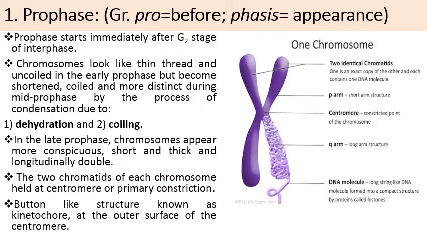Then if we talk about the chromosome, the chromosome consists of two identical arms which are known as chromatids. इन्हें क्रोमेटिड्स कहते हैं और सेंटर में ये जुड़े होते हैं एक डिस्क लाइक स्ट्रक्चर से जिसे बोलते हैं सेंट्रोमियर. इसकी जो शॉर्ट आर्म्स होती हैं क्रोमोसोम्स की, वो known as p arms. Then the longer arm is known as q arm, and it is formed of DNA molecule. The DNA molecules are coiled by the process of supercoiling and they will form this rod-like structure, जिसे क्रोमोसोम कहते हैं. और इसके बाहर एक और डिस्क लाइक स्ट्रक्चर होता है जिसे